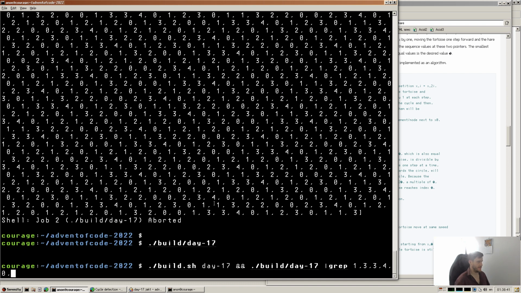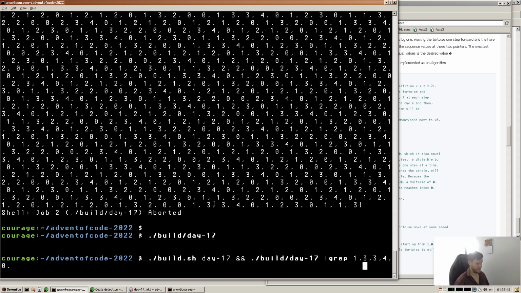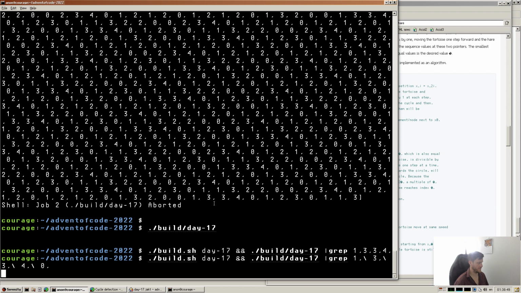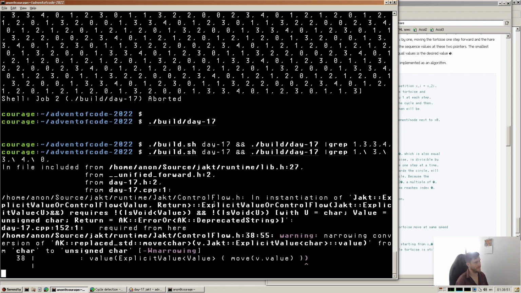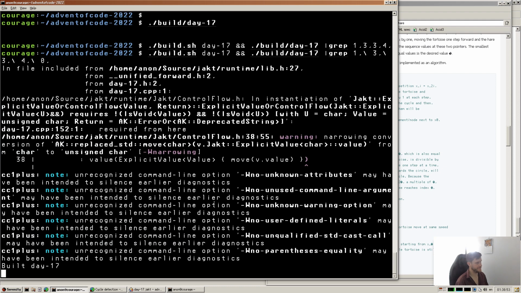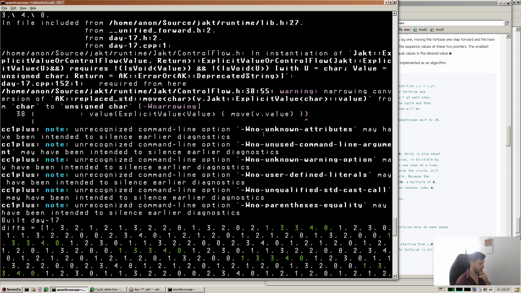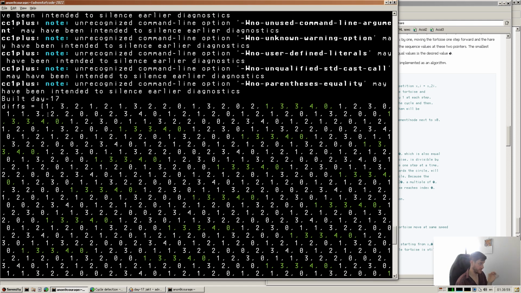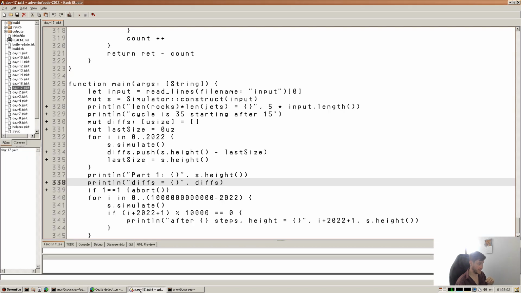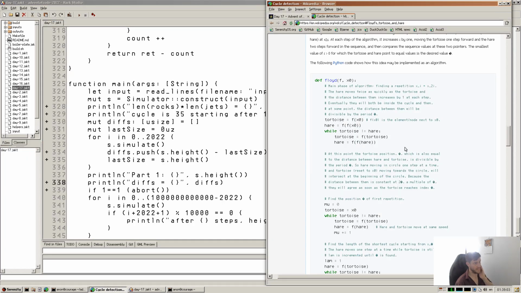So maybe if I had like that, then that grep would find it. Yeah, that grep now finds it. But we're not going to be printing out in this format. I just want to see that it's storing it somewhere, and what we will do then is basically go through